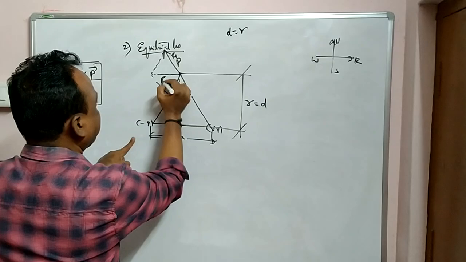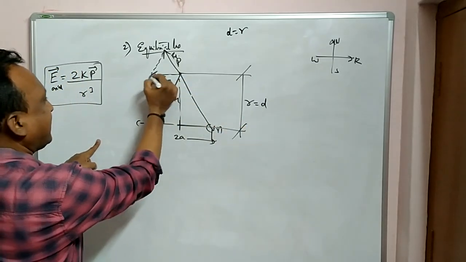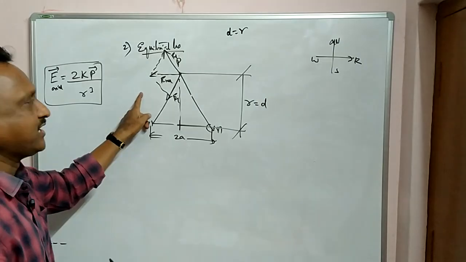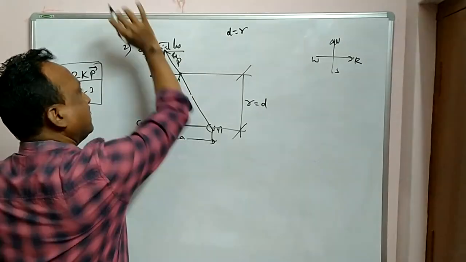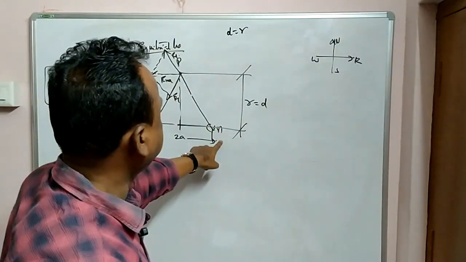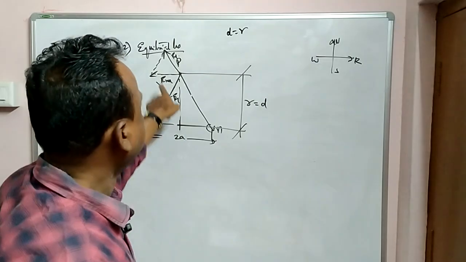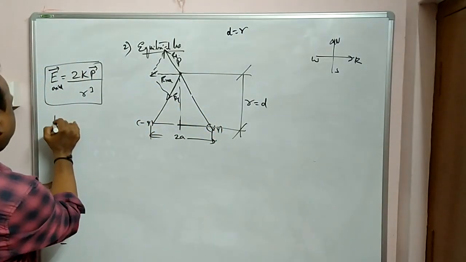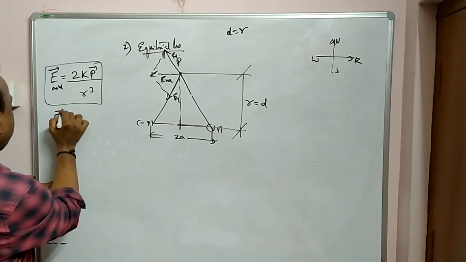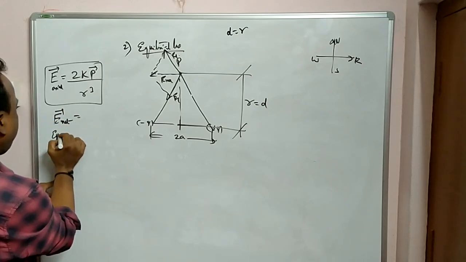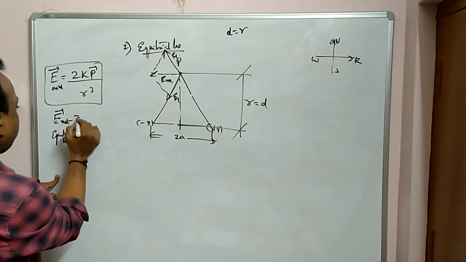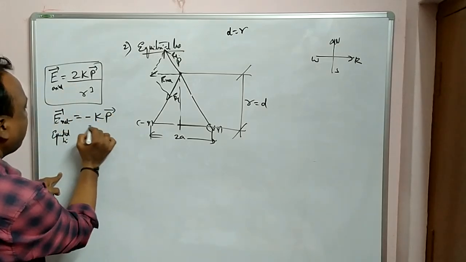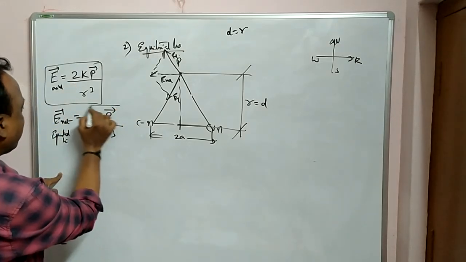So this is E net please, and you can see E net is in the opposite direction of the axis. So here the value you are getting is negative, please. See, this one is in that direction, away from the positive charge and towards the negative charge. So E net is in the negative x-axis, so you will be getting a negative value here. So E net in this case, on the equatorial line, is given by minus kp bar by r cube